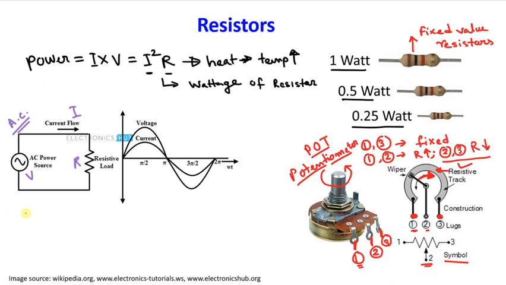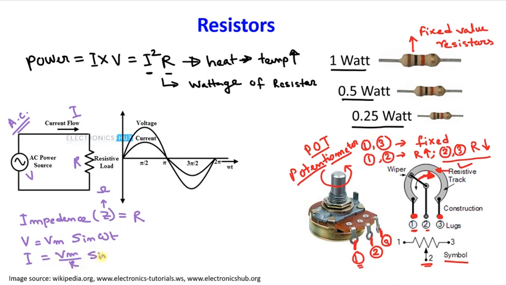And as it is an AC circuit, what will be the impedance offered by this resistive load? Impedance, which is denoted by the symbol Z, will be the same as this R, same as in a DC circuit, right? And what is the unit of this Z? Now suppose the supply voltage V is a sinusoidal signal given by Vm sine of omega t, then what will be the expression of I? Very simple, right? It's nothing but Vm by R sine of omega t.